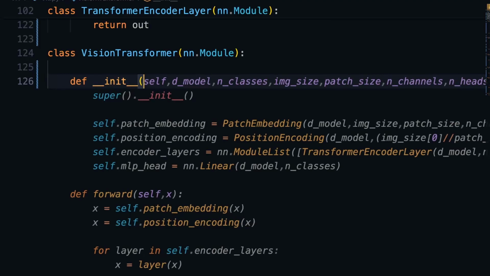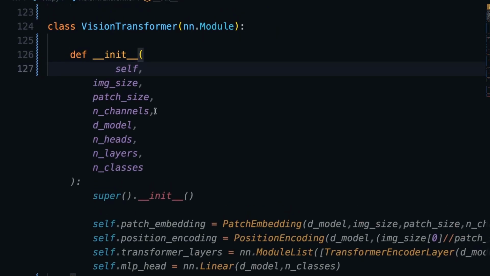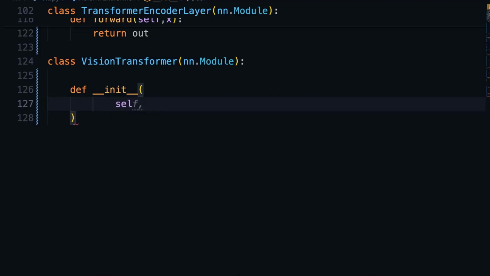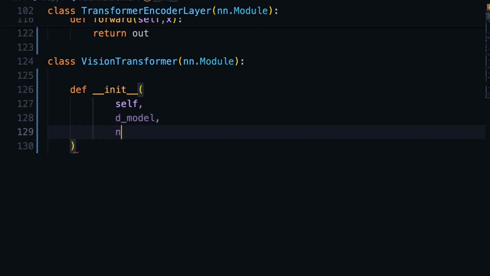We will have self, comma d model, dimension of the model, and number of classes,